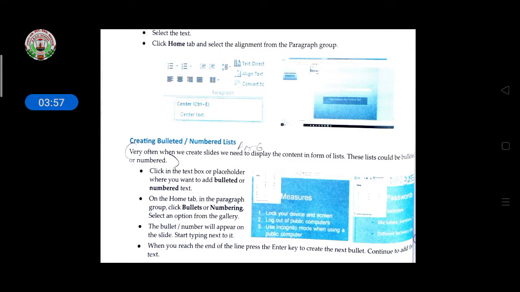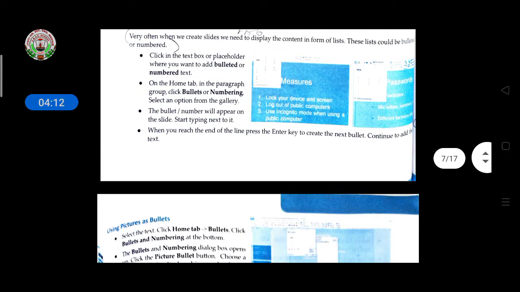The same as there, if you want to format your text here also, you have to use all the tools the same as in the earlier class. And with the help of these tools you make your presentation very attractive and very understandable to the audience in front of whom you are showing your presentation.